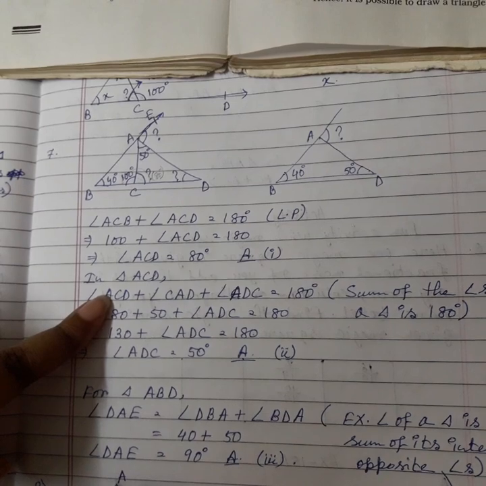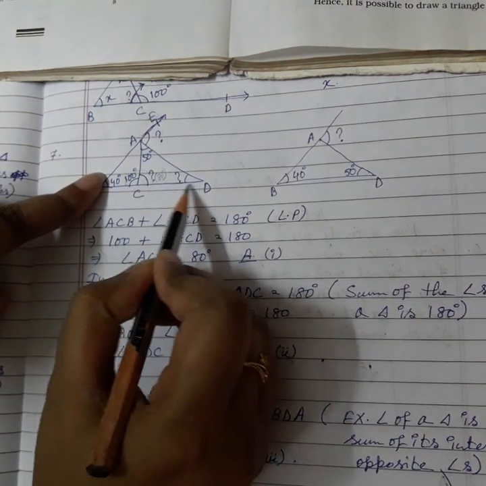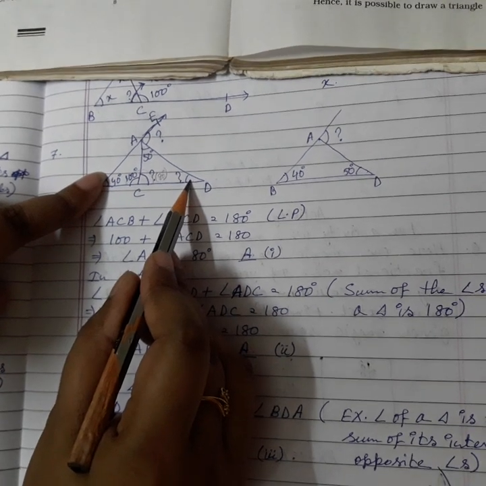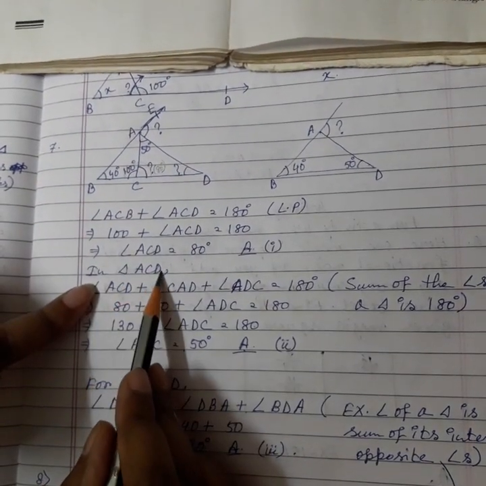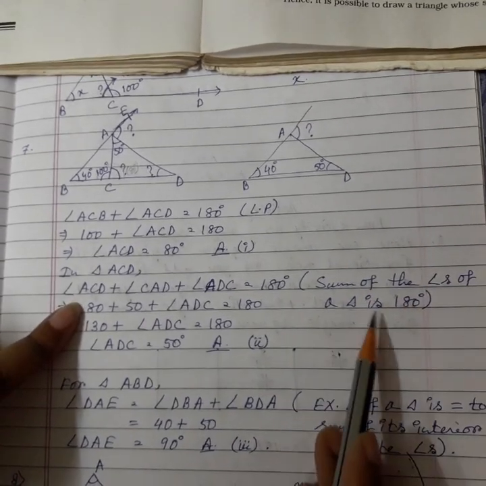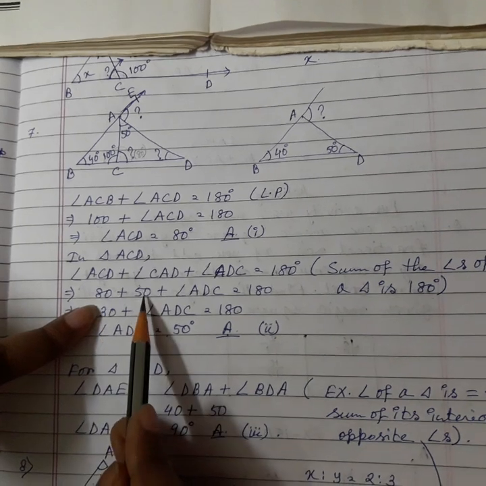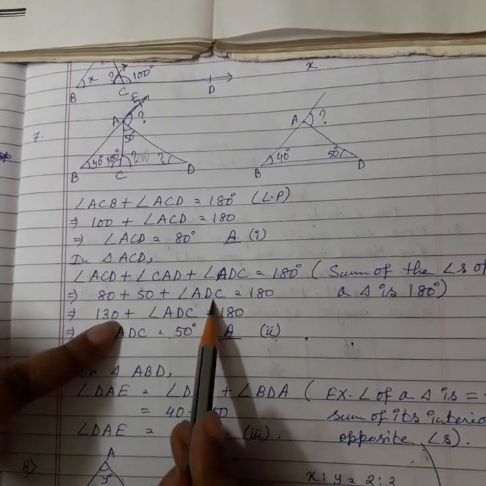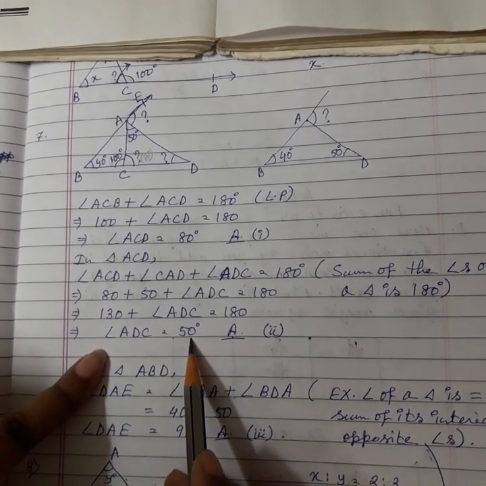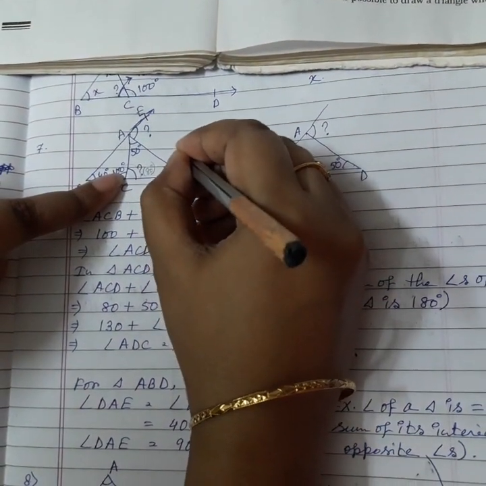Okay. Now next we have to find angle ADC. For this triangle ACD, this is 50 degrees, this is 80 degrees we have got. So what will that angle be? 180 minus (50 plus 80). So in triangle ACD, angle ACD plus angle CAD plus angle ADC equal to 180 degrees. The sum of the angles of a triangle is 180 degrees. That property you have to apply. ACD we have got 80 degrees, put it. CAD is given as 50 degrees and ADC you have to find. After doing the calculation, angle ADC comes to 50 degrees. So that is another answer. So this angle we have got is 50 degrees.